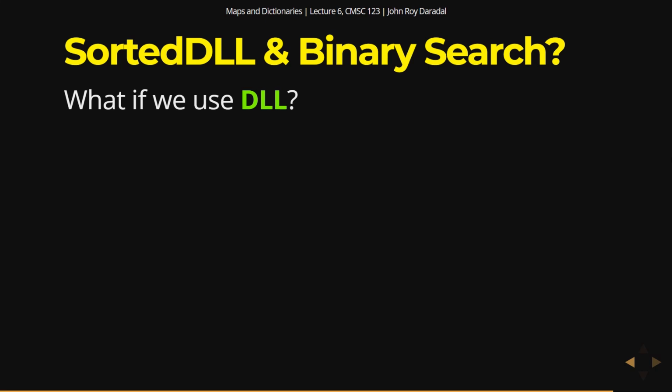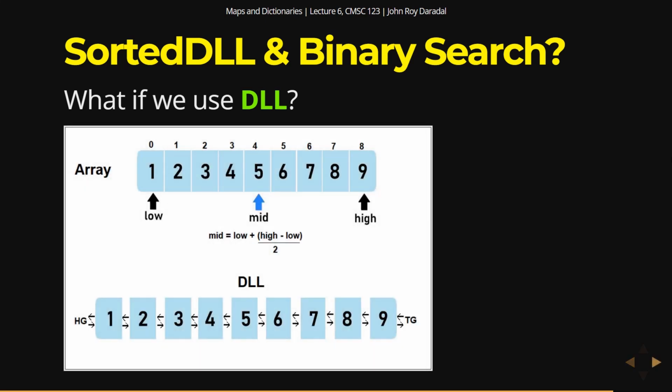Now, earlier we have been asking what if we use array after discussing DLL, right? So we started with DLLMap and DLLDictionary, and then we asked what if we used an array instead. So this time we'll flip the switch, and after using a sorted array, what if we used a sorted DLL? Can we use binary search to do it also effectively? Now, the problem with using a sorted DLL is that